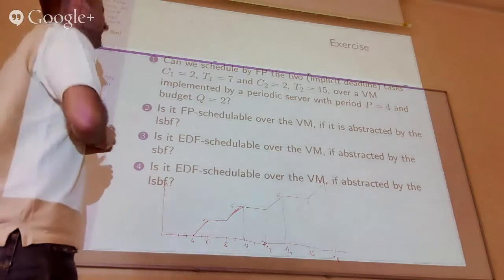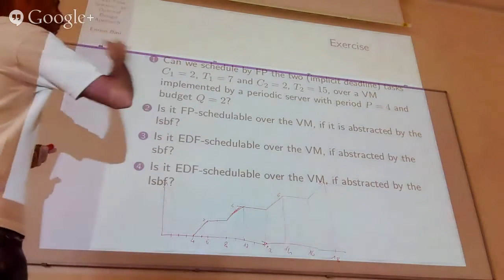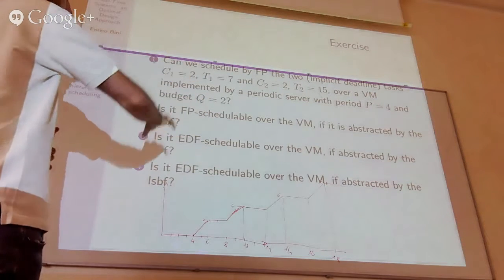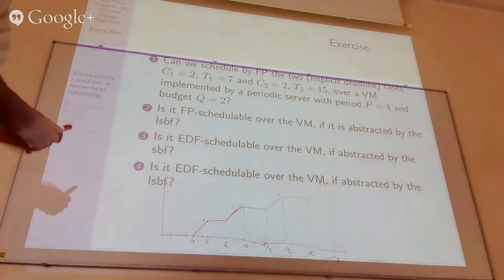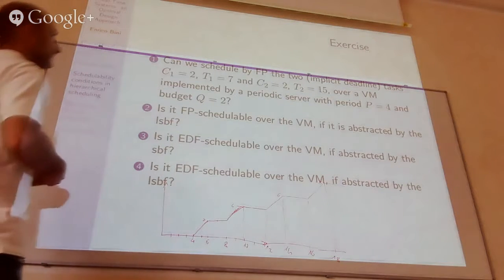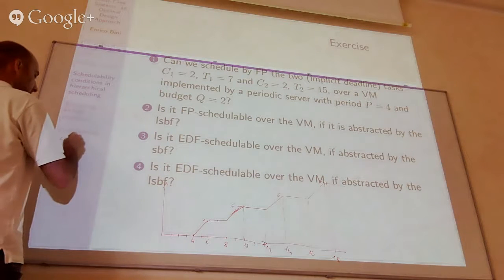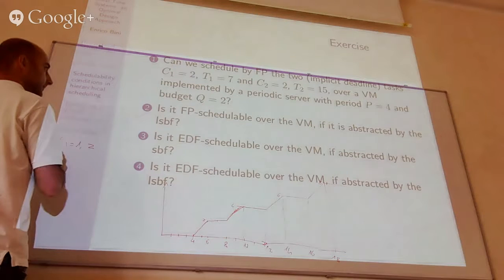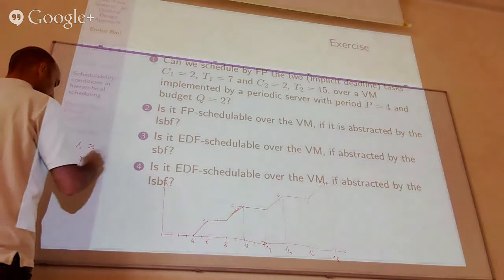Okay? We are wondering if these 2 tasks can be scheduled over a virtual machine implemented by a periodic server with period 4 and budget 2, which then has this supply bound function. By fixed priority, if you take a look at the slides, we have to check if for all i from 1 to 2, we have 2 tasks, there exists a point we can restrict to this deadline set that I